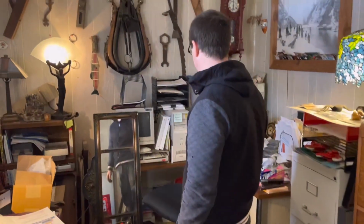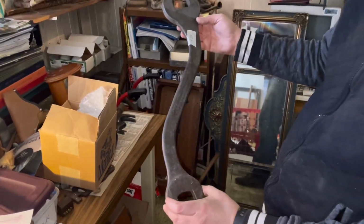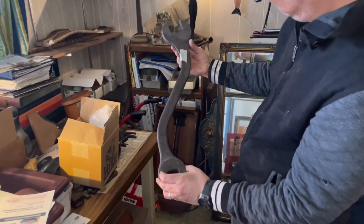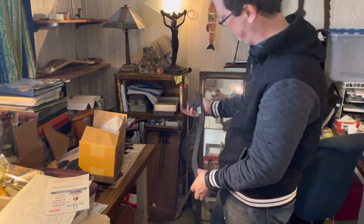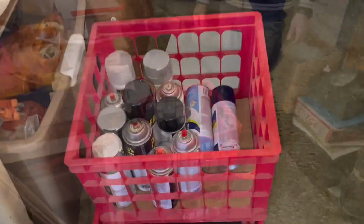He had some cool clocks. Look at this, Kevin. How is that not worth $3? That's worth $3, just to hang on the wall. I don't know what you'd do with it, but it's pretty. That is a neat tool. There's some stuff like this I might